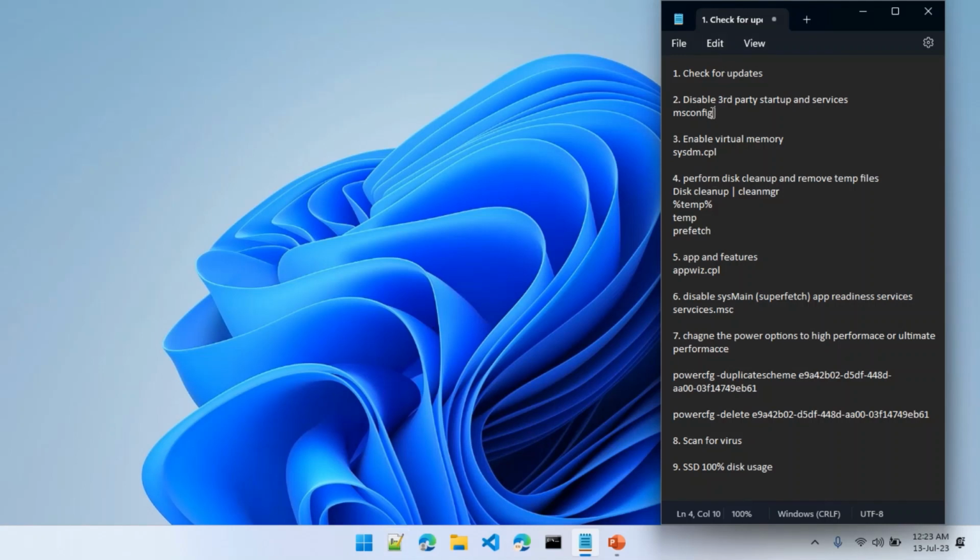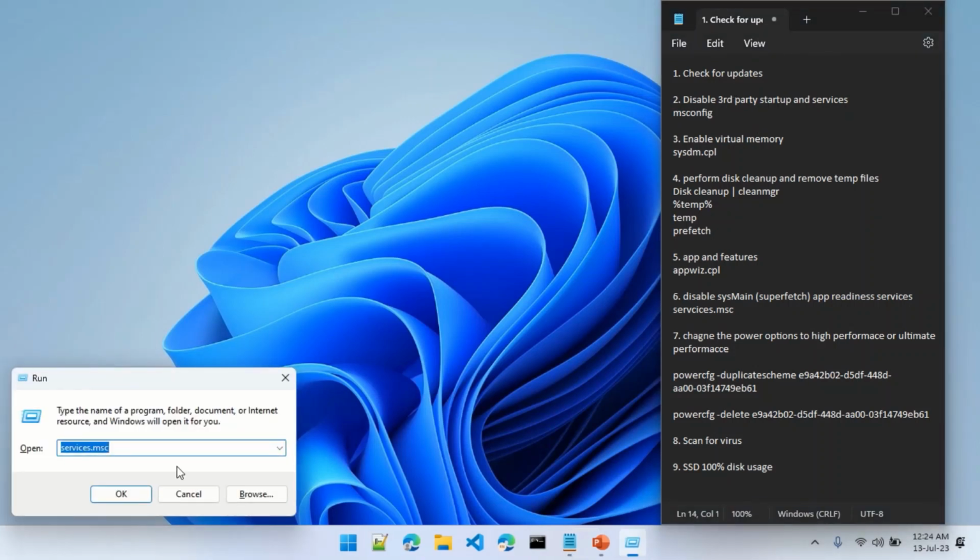But most of the time, I'll just be using shortcut commands, which will directly take you to that particular configuration page. So the second step is to disable third-party services and startup. You don't have to take a screenshot of this. I will go ahead and copy paste this on my YouTube video description. So without wasting any more time,